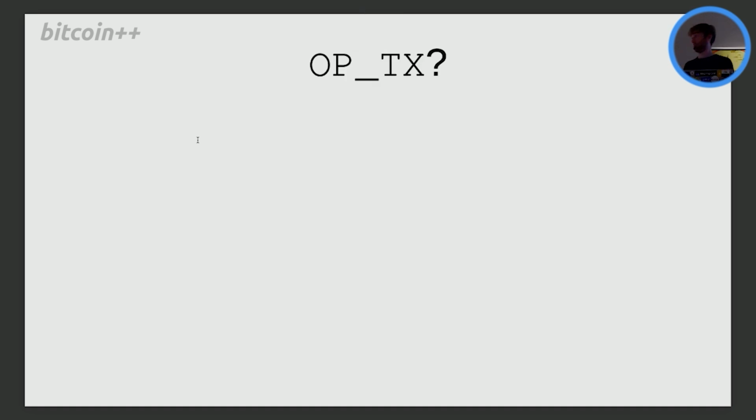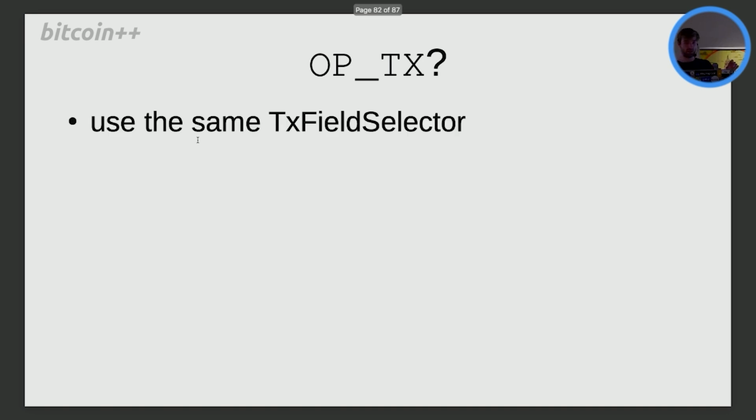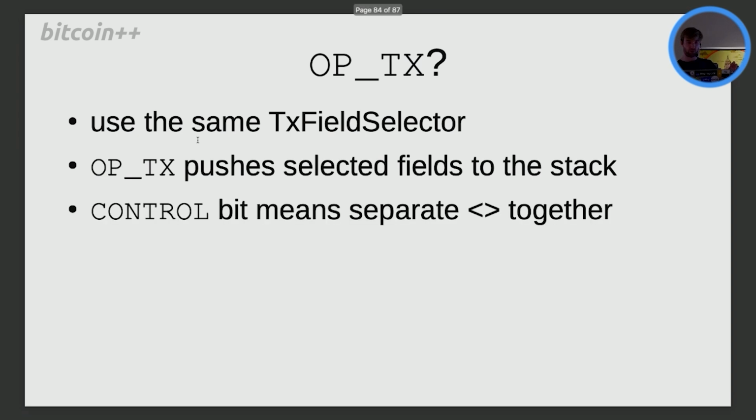And then one last thing I want to talk about. We defined this field selector, right? We defined a logical way to point at things in a transaction, and that's useful. Another way we can maybe use this is with another opcode, maybe OP_TX, which I think was originally proposed by Rusty in some mailing list posts, which basically means you take,